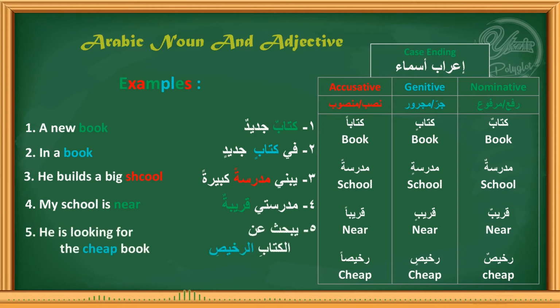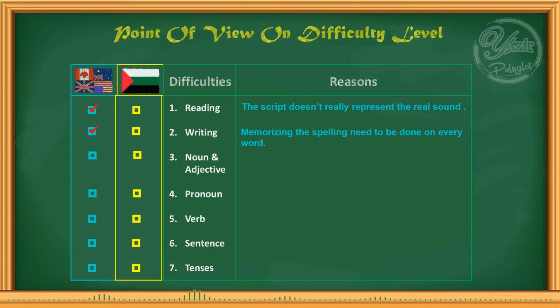The last example on this topic is يبحث عن الكتاب الرخيص, meaning he is looking for the cheap book. The word الرخيص here is pronounced just الرخيص because the case ending is actually silent at the end of a sentence, just like the word jadidun and jadidin. Here we pronounce it jadid because it is the end of the sentence. The difficulty level of noun and adjective in Arabic is much more difficult because in Arabic, noun and adjective have gender,